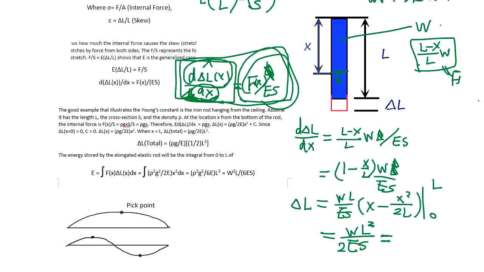So we don't need an L. So we have an extra L here, and it's going to be W over 2 and L Es. So if you compare with the original equation,